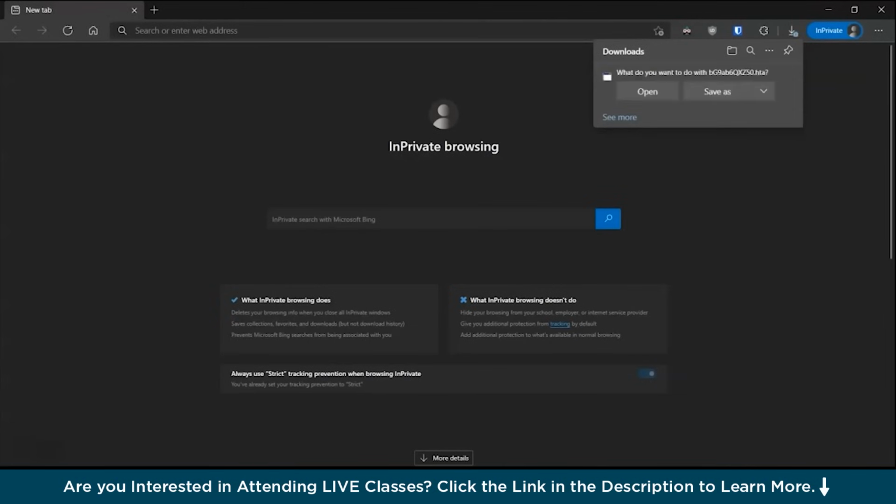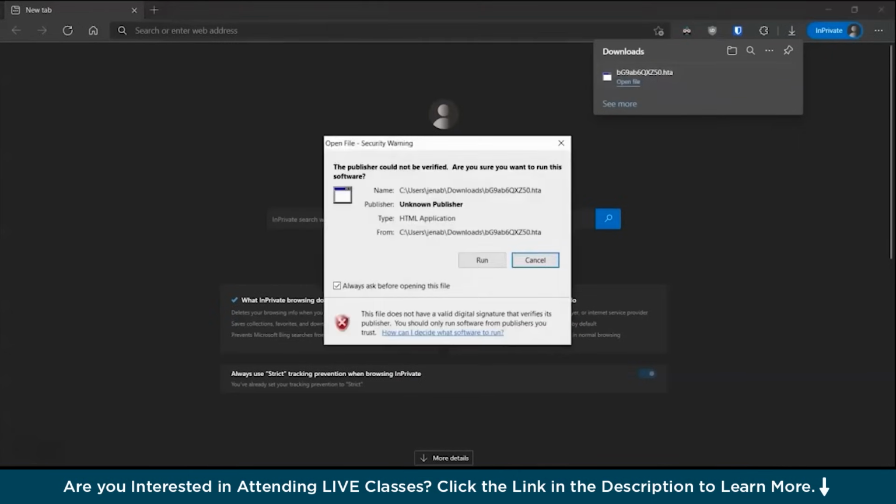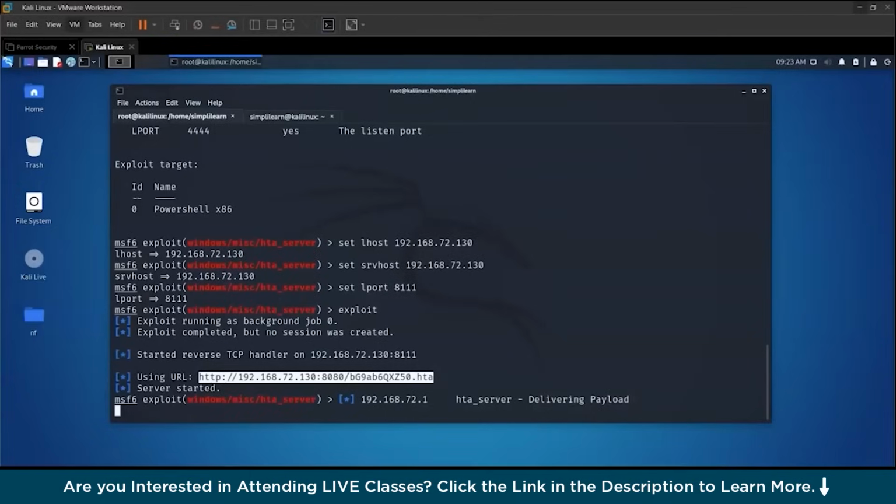We can decide to keep it, and with the correct formulation of this malicious package, even the browser antivirus software will not be able to detect the payloads. We're going to save this file and open it. Publisher could not be verified. If we press run and go back to our meterpreter access over here, you can see it has already